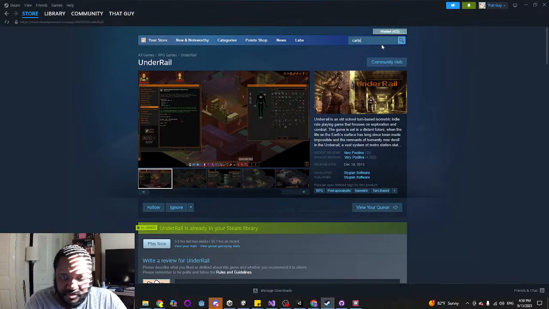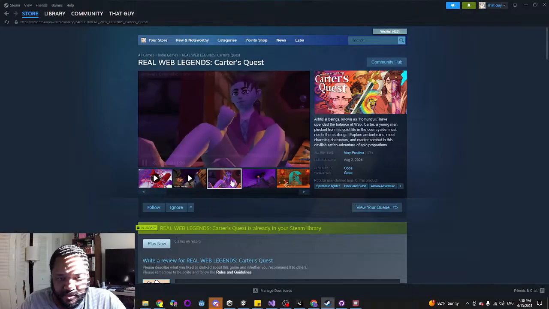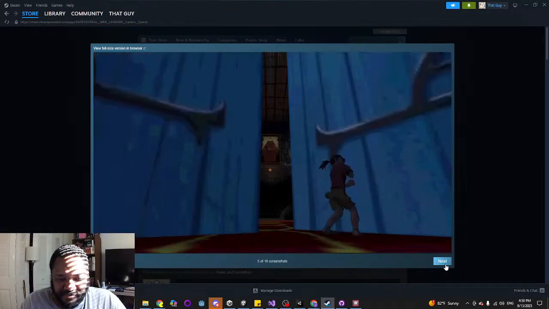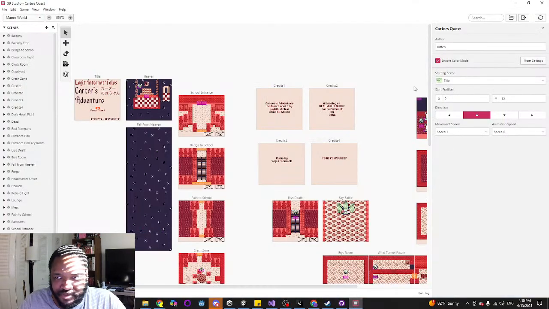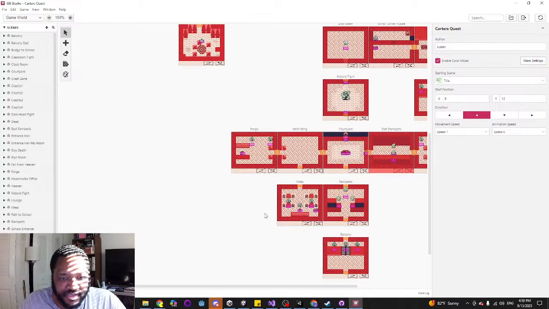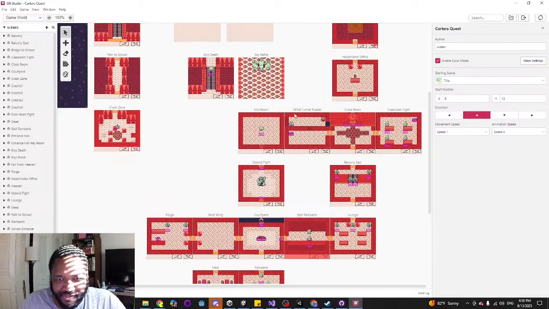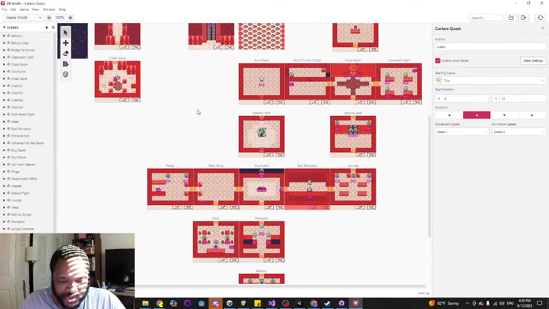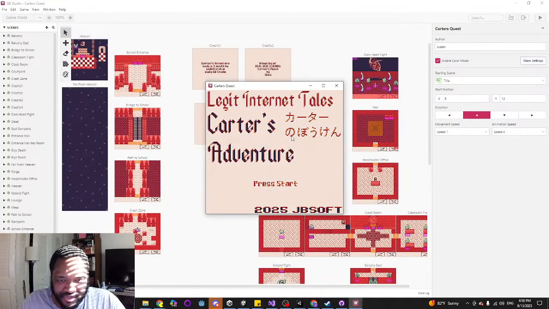That game is Carter's Quest. It's a cute Ocarina of Time, N64 inspired game. So for my bootleg, I made a Game Boy demake of it using a lot of modified assets from Final Fantasy Adventure, which is the Sword of Mana Game Boy game.